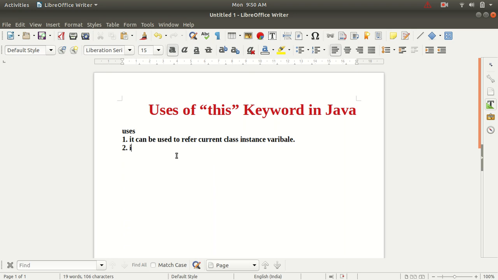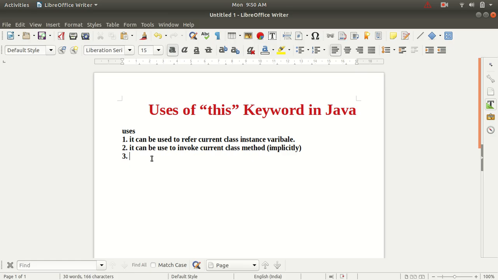So the first use is to refer to a current class instance variable, and the second use is to invoke a current class method implicitly.